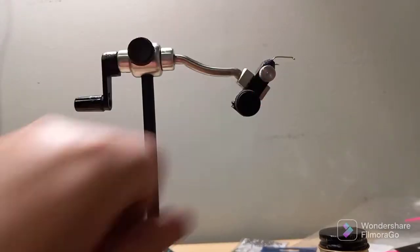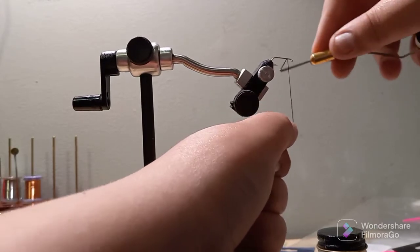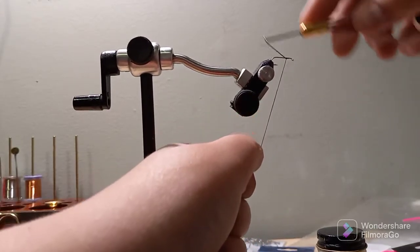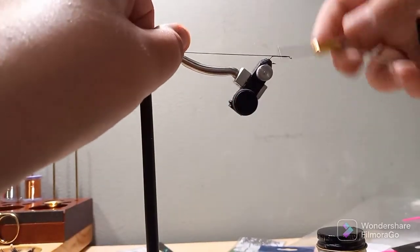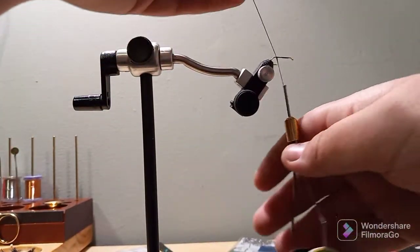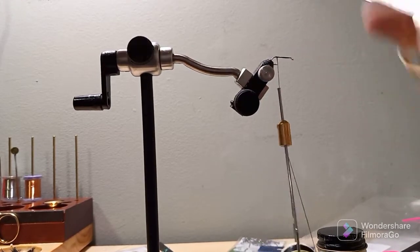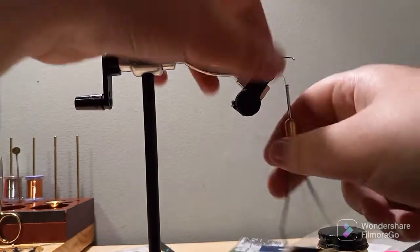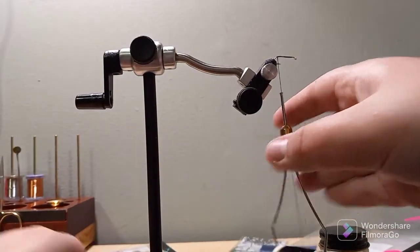The thread that I will be using for this fly is a flat waxed black thread. Start out probably just behind the hook eye. This fly is actually pretty easy to tie, so it's a very simple fly to tie. So once you've wrapped back to the bend of the hook shank,